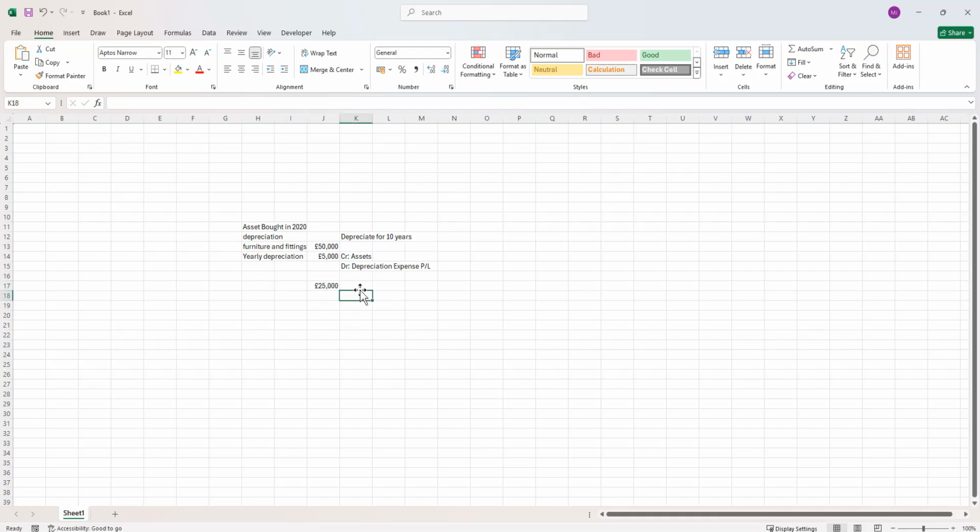Then the company made a policy saying that this asset is a very good asset. We think that this asset would not